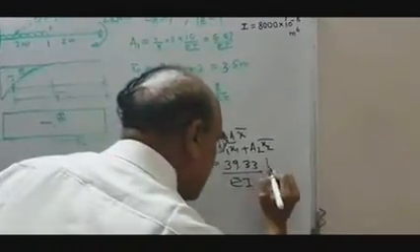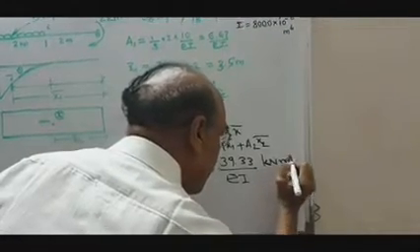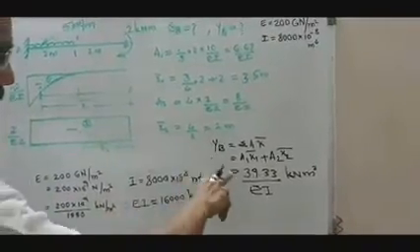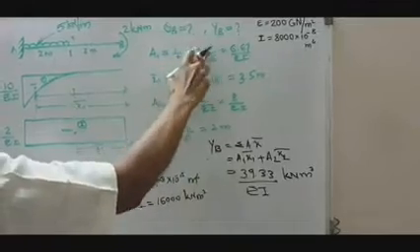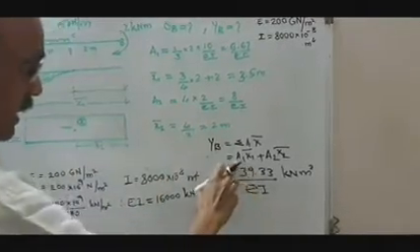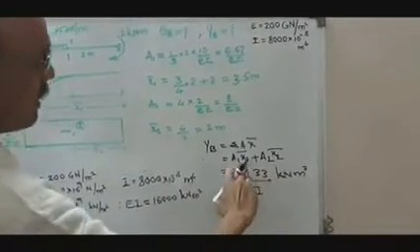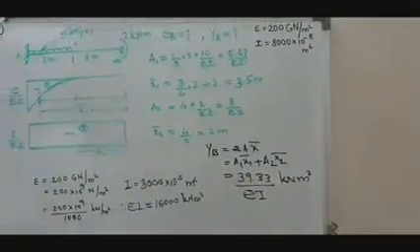The unit of 39.33 will be kilonewton meter cube. Earlier, when I took the slope, I said it is kilonewton meter square, because only area is there. Area means base into height. Base was in meter, height was in kilonewton meter. Now it is area into one more x1 bar. This area is kilonewton meter square, but again the distance is in meter, so it comes kilonewton meter cube.